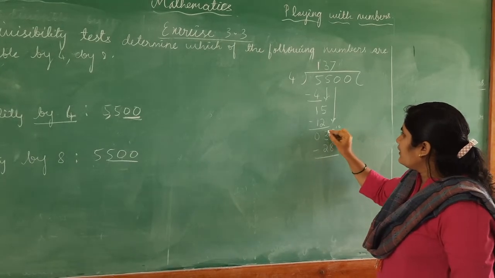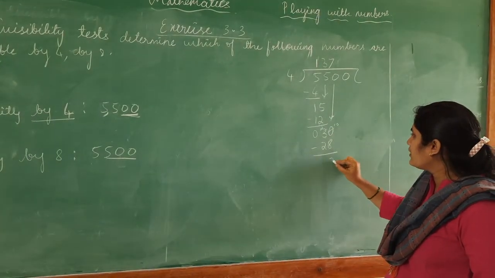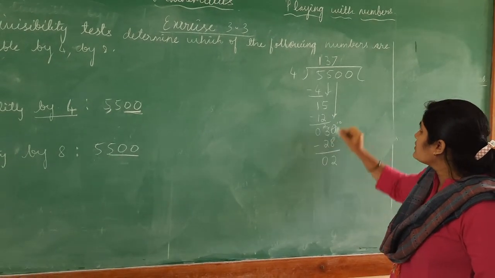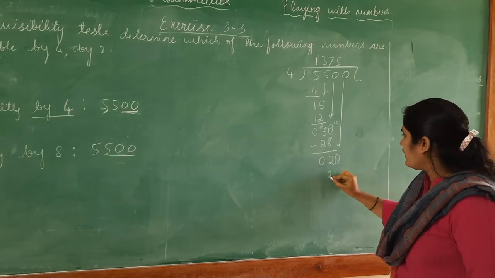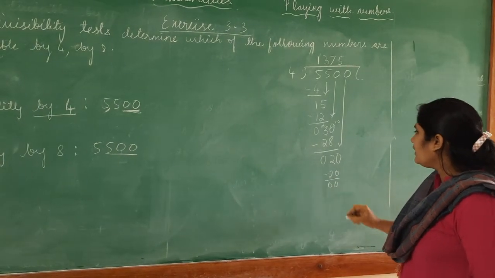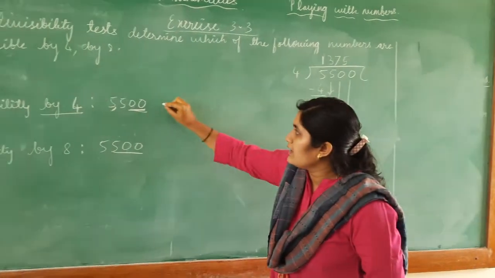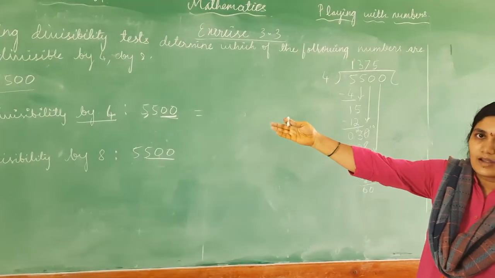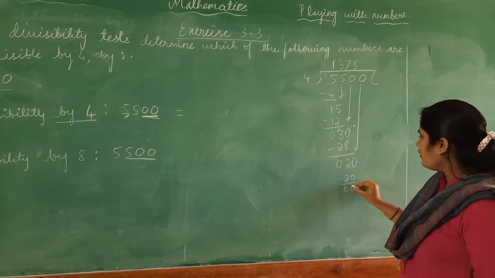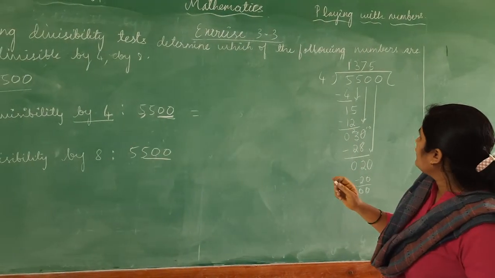Here this is 10 and this is 2. If you take a borrow here, this will become 10. 10 minus 8 is 2. 2 minus 2 is 0. Bring down 0. 4 fives are 20. That means it is completely divisible by 4. Therefore, by seeing this actual division, here we cannot judge by seeing the last 2 digits. Here we should solve this by actual division and test whether this is divisible by 4 or not.